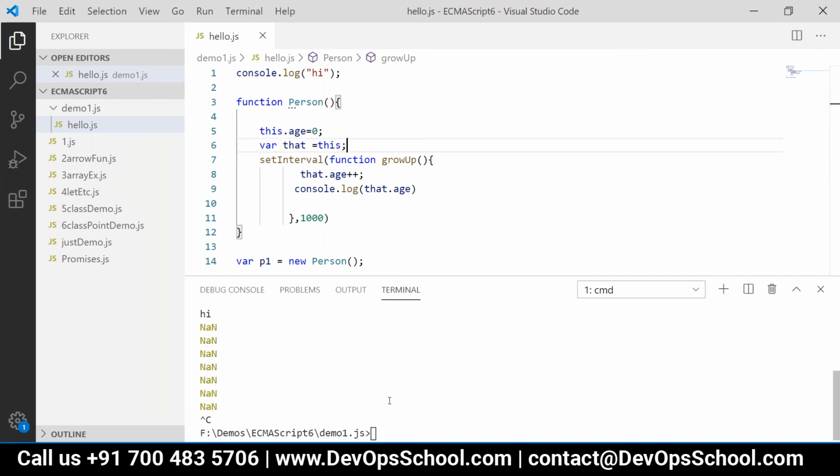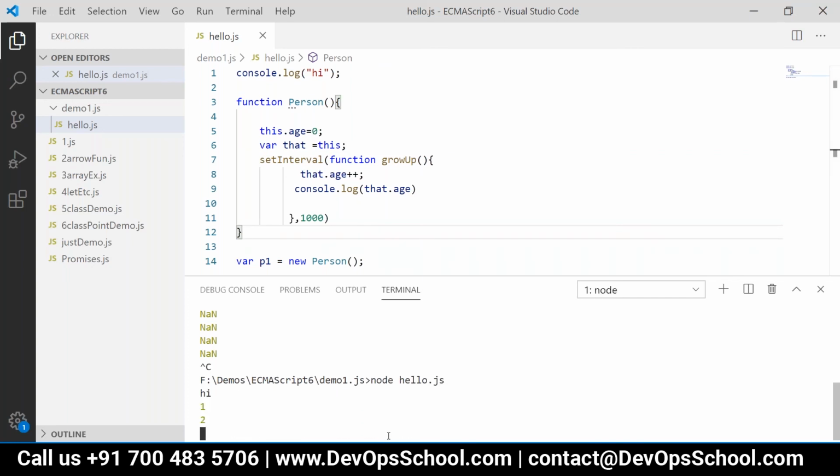Let us run it. Now we are getting the output, expected output. So observe the scope and the scope of this. In JavaScript, it is very important to understand this. It is a little more complex than how we use this in our object-oriented languages. Little different.